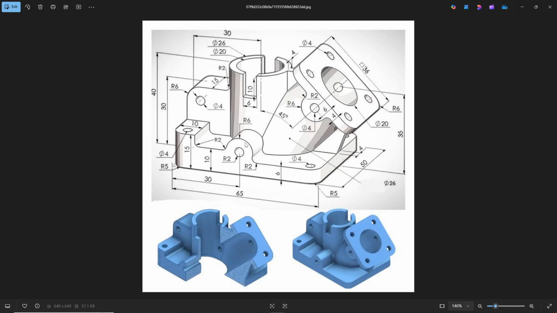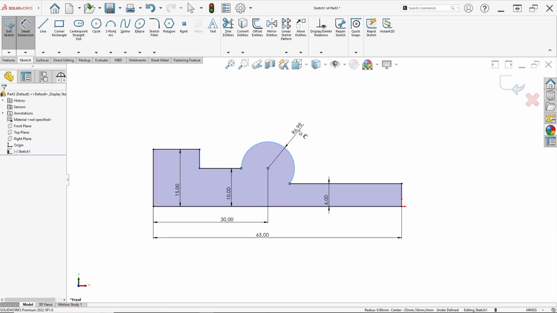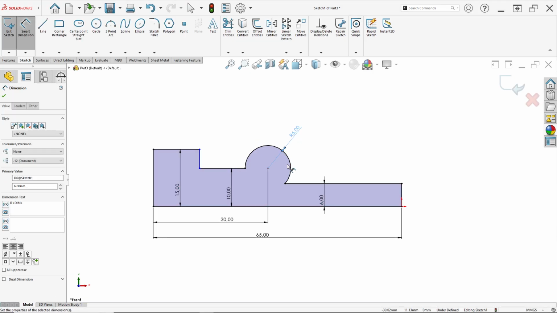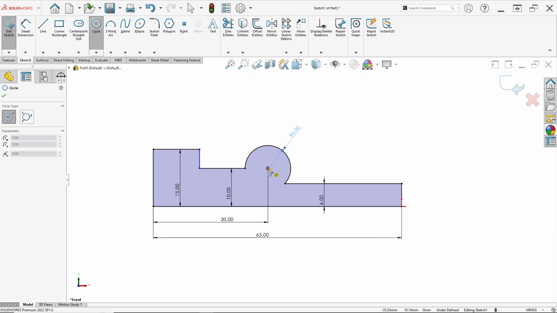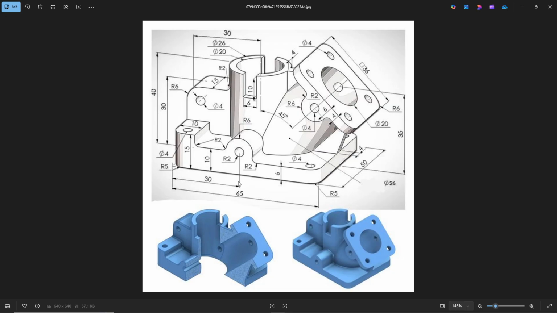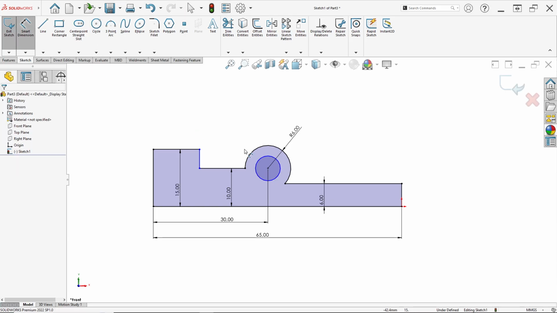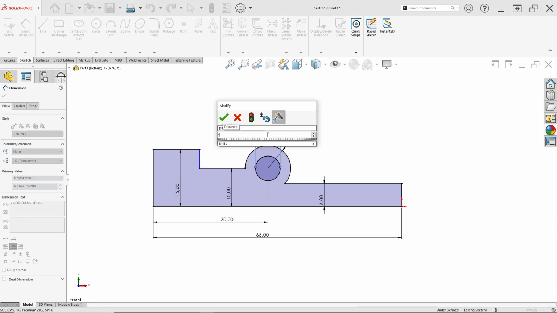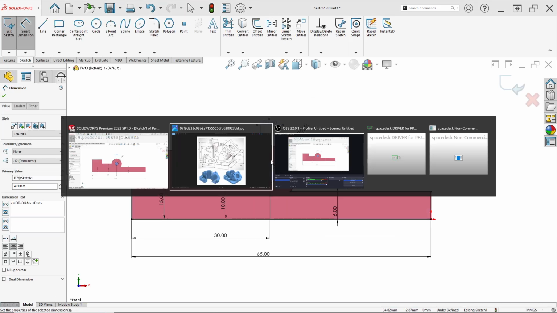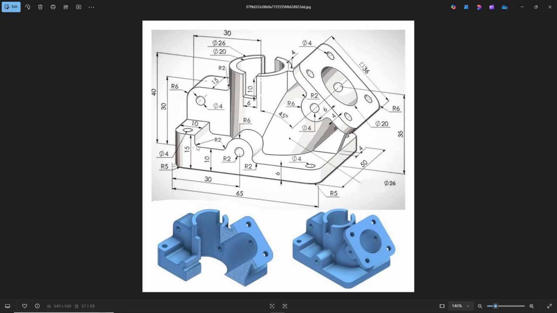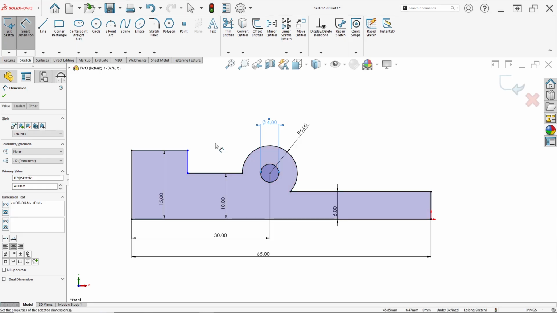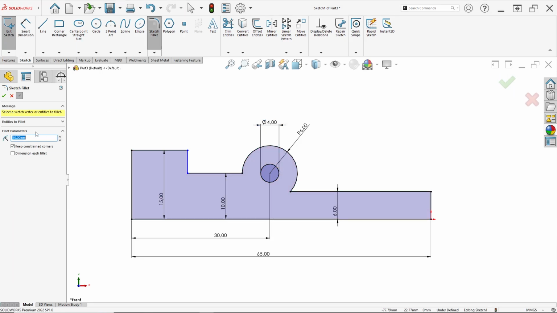Okay, and here there is a radius of 6 millimeter, and we can make a circle from this center because it has a hole, radius 2 millimeter, so the diameter here is 4 millimeter, like this. And don't forget, here there are fillets with a radius of 2 millimeter. So in the sketch fillet, change the parameter to 2 millimeter. Click this point and this point. Click OK.